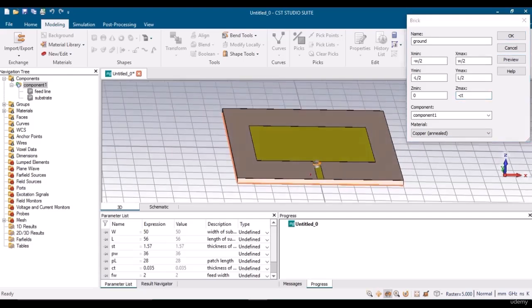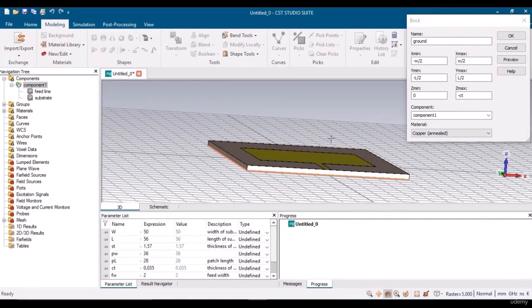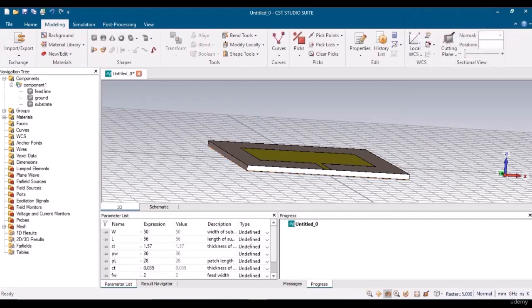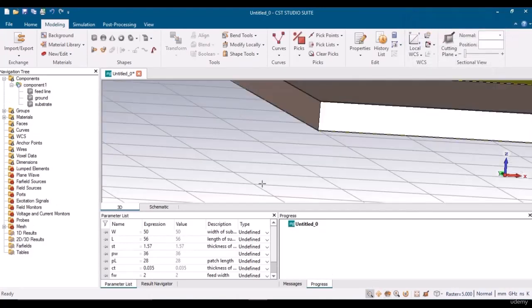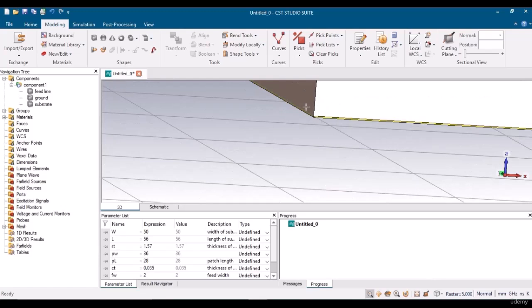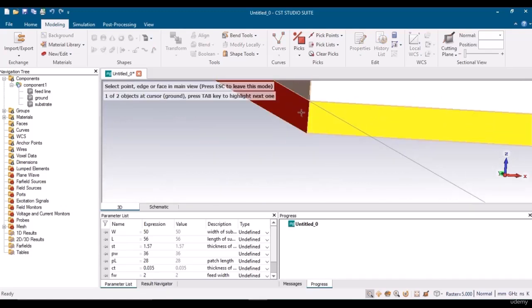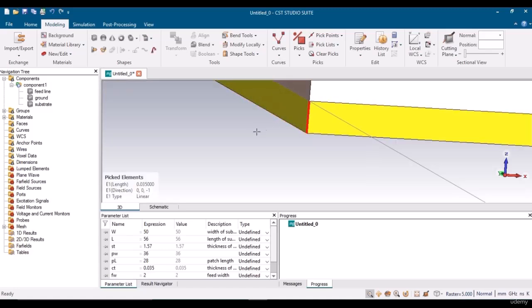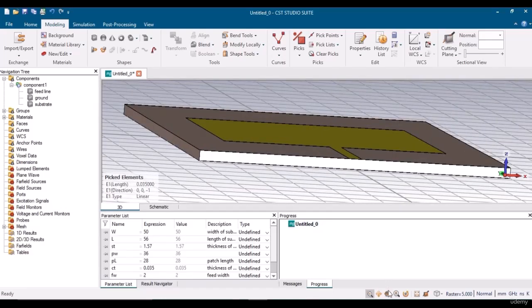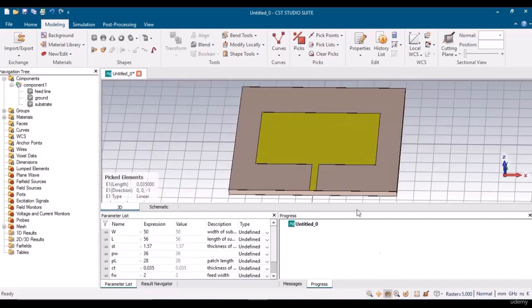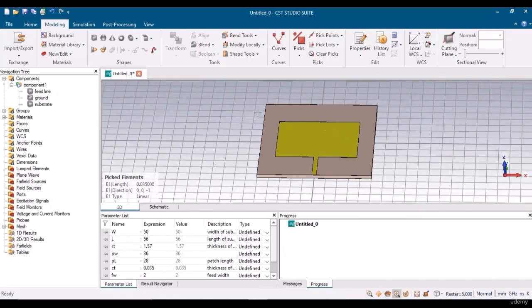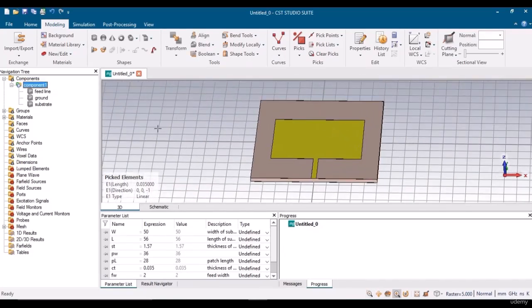Now when we click on the preview, we can see that the ground plane is below the substrate, and we can click on S to select the thickness and we can verify that it is 0.035 millimeter. Now we have defined all three components of this microstrip patch antenna. After defining all these components,